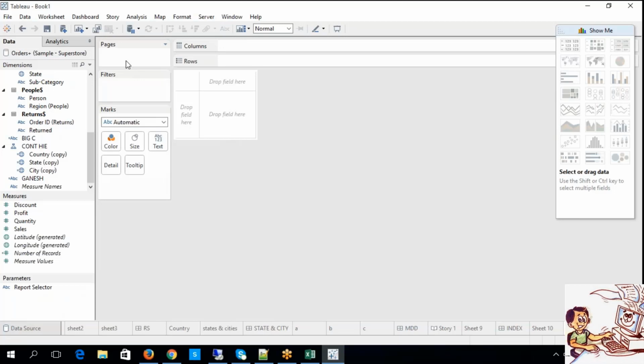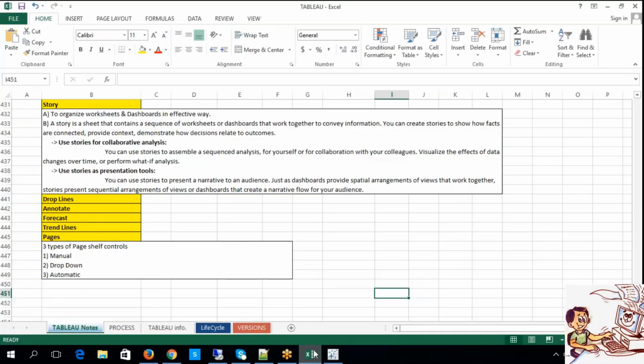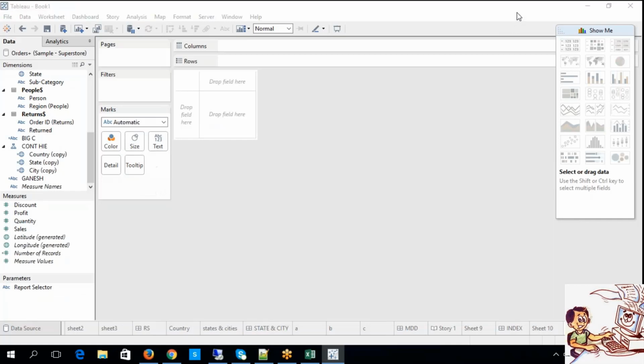Now, look at this. For example, this pages is helpful basically to control, as Harish was asking, whether there is any flexibility to define something like scrollers.